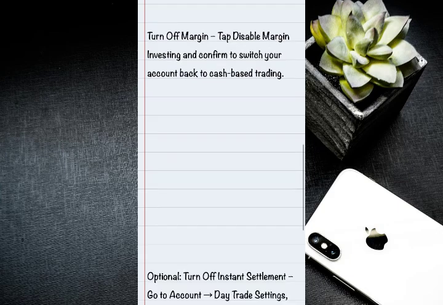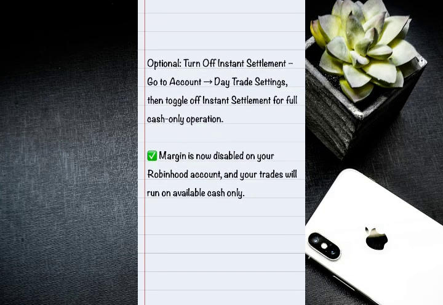cash-based trading. Then after that, you can also use this option, which is very optional though. You can turn off the instant settlement. So to turn the instant settlement off, you have to go to account, then scroll down and click day trading settings, then toggle off the instant settlement for full cash